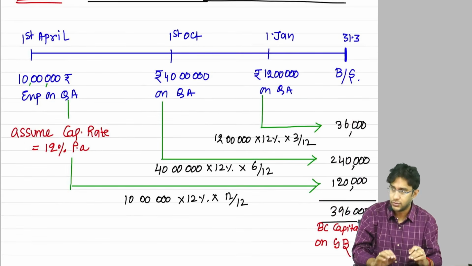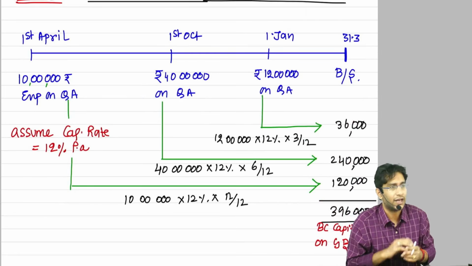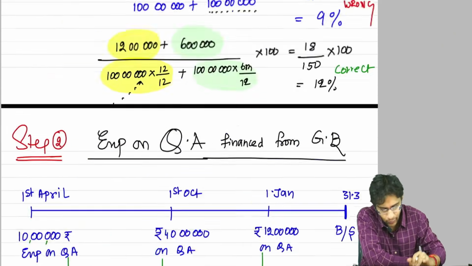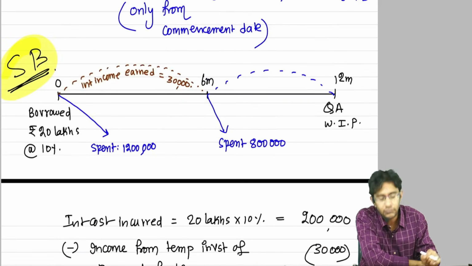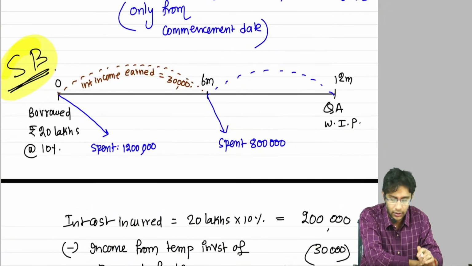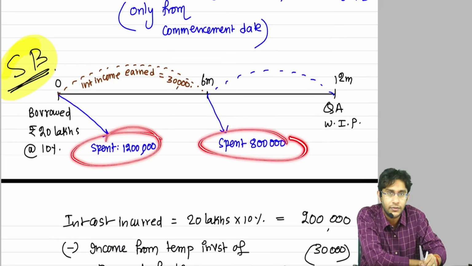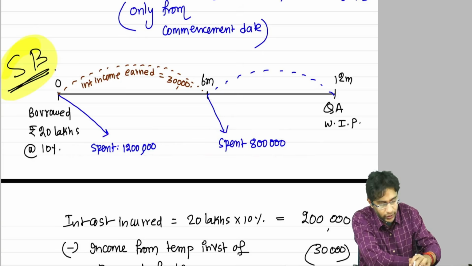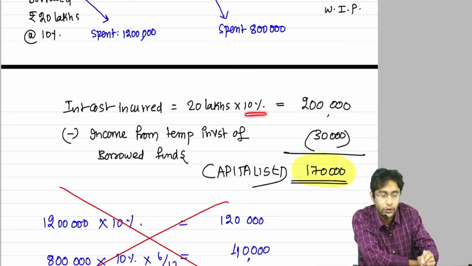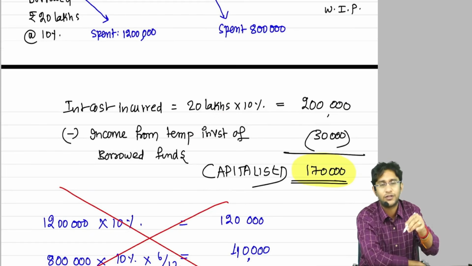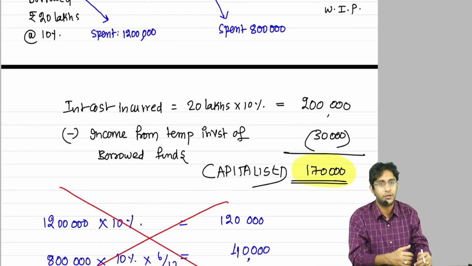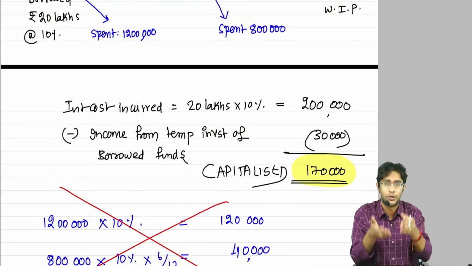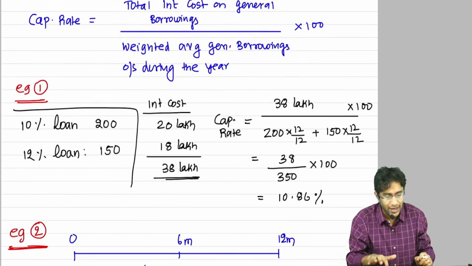Sir, every time a question comes, we have to draw a line like this. There can be a smart work, but if you understand this first, I want you to observe this one versus this one. Earlier, in the specific borrowing example, there also I wantedly spent in installments, but this for 12 months, this for 6 months, I didn't do that. What did I do? Entire 20 lakhs into 10%. The 12 lakhs you spent for 12 months, 8 lakhs you spent only for 6 months, not like that. In specific borrowing, on what date, how much you spent is irrelevant for me because the borrowing is exclusively living only for you. Whereas the general borrowing, sir,